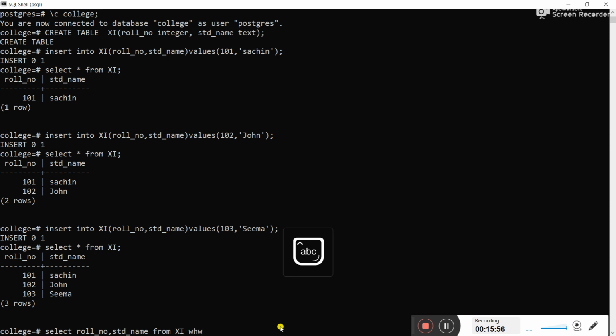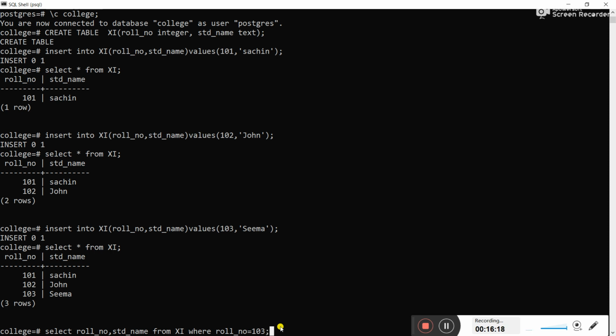Where? Now where is used to give the condition. That means I want to display roll number and student name from 11 where the roll number is equal to 103. So it will display the record where the roll number of the student is 103.